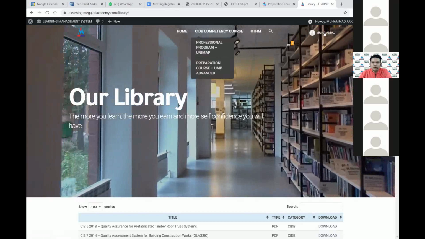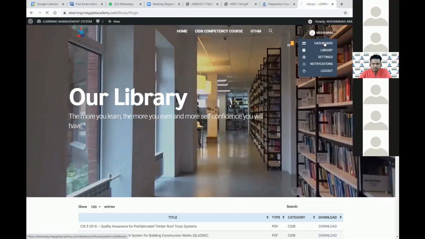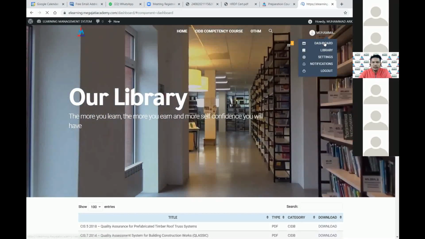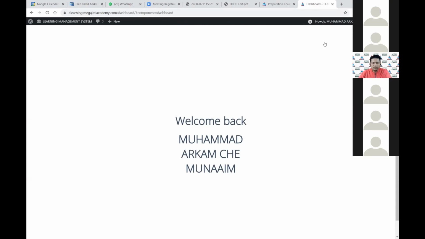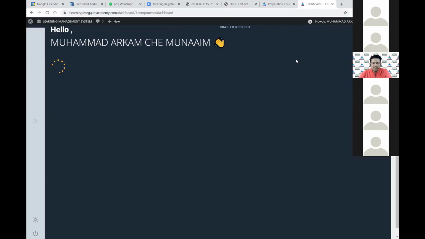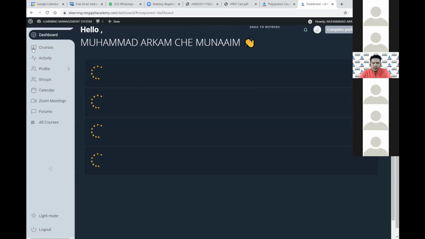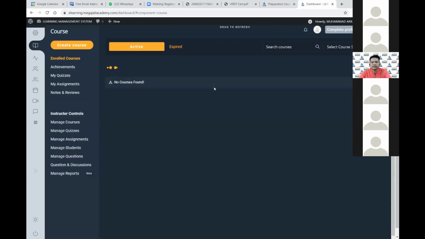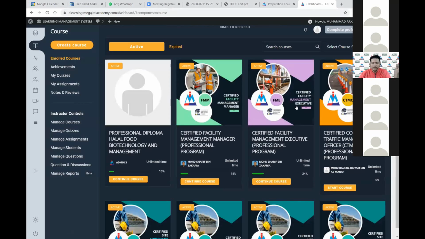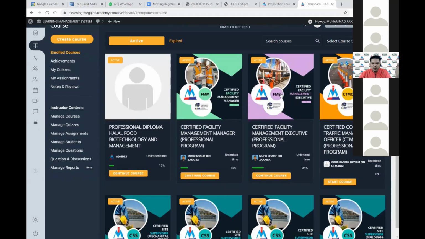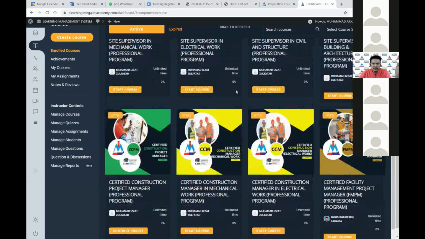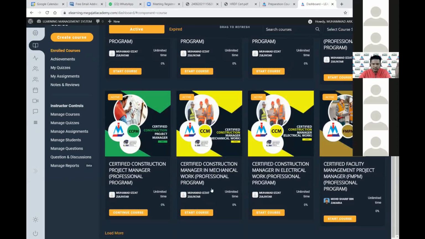If you go to the portal dashboard, you will be joining the system through this portal. As a program organizer, I have all the program portals, so I can go into any program. But for you, you will be receiving this preparation course. For example, this is the professional program.